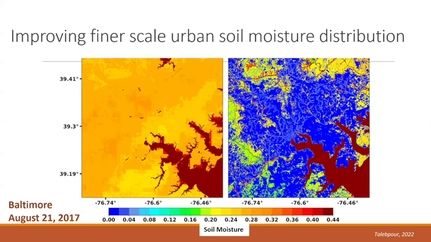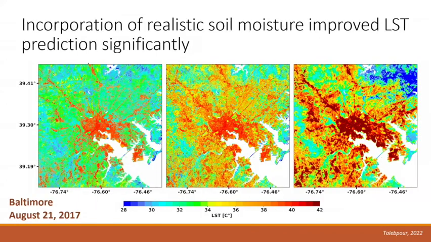The right-hand side is what Magda's PhD work was, to combine this atmospheric model with a hydrological model called ParFlow, which then started to pick up more complexity of the landscape. You see streams and then green spaces and so on. And this is good because it also improves the land surface temperature predictions. This is Landsat data, so observational data. This is the combined data, which is much closer to the observational data than that without it.